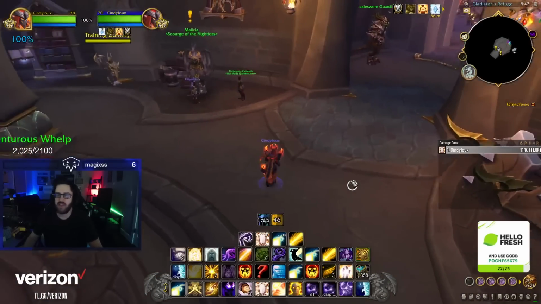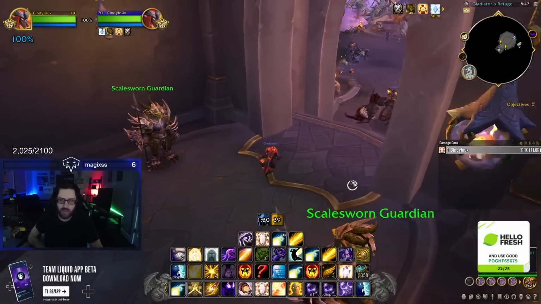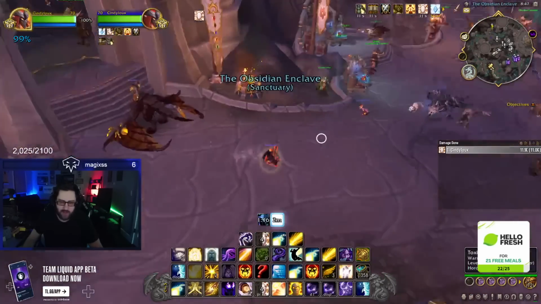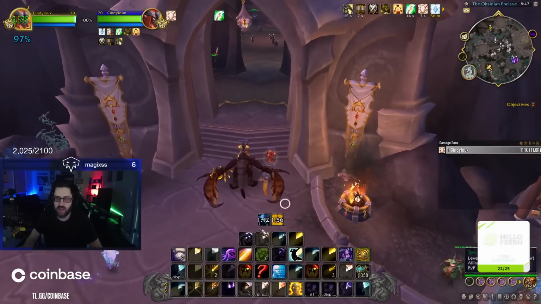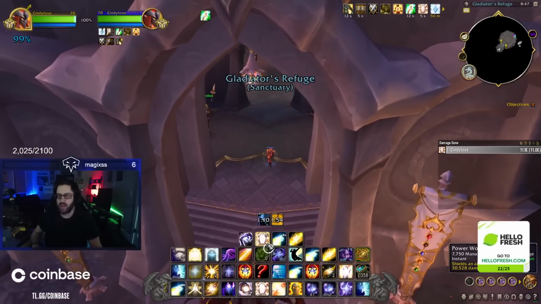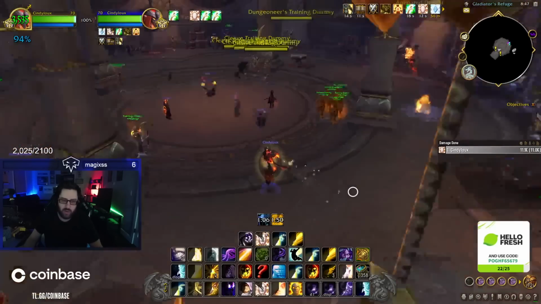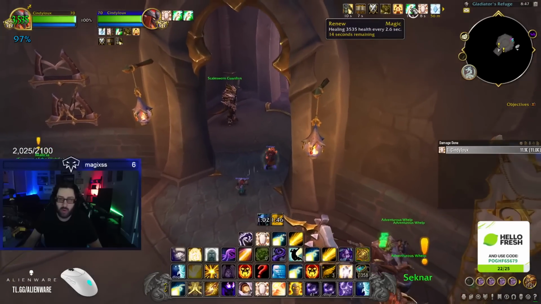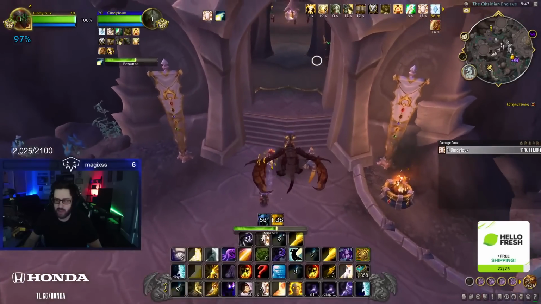A lot of people ask me about Renew. Why don't I keep Renew up on people? I only press Renew on people that already have Atonement. If I feel like I'm going to get crowd controlled, if I'm really struggling with healing, or if I'm literally just trying to reset the cooldown of Power Word Shield because I'm behind, because Renew resets the cooldown of Power Word Shield a little bit. So I generally don't Renew a lot. I don't think it's one of those buttons that is super important to press,